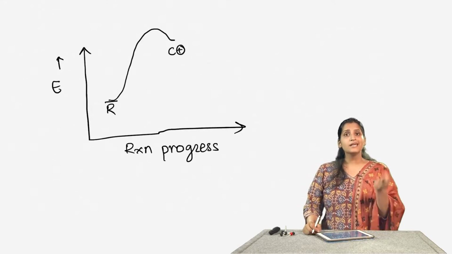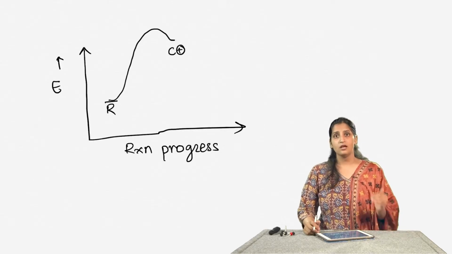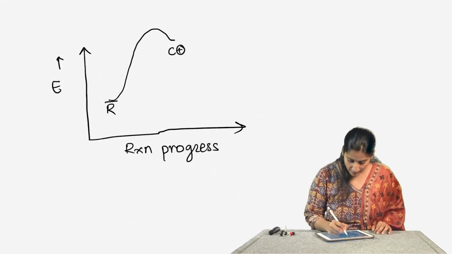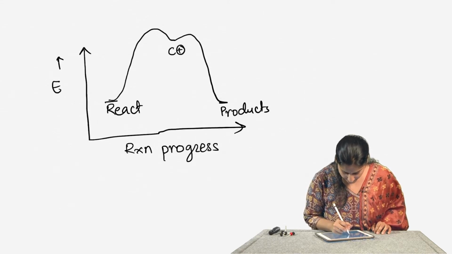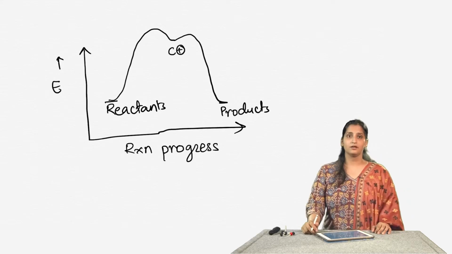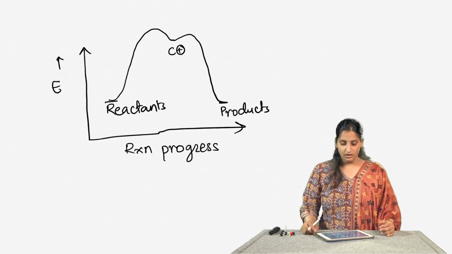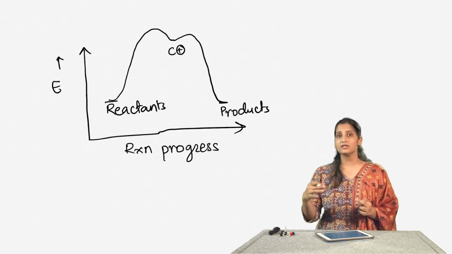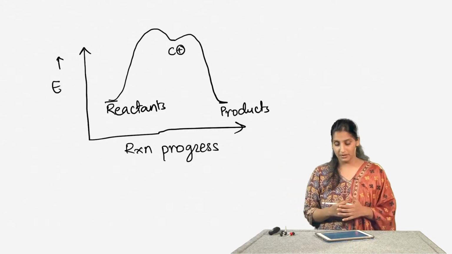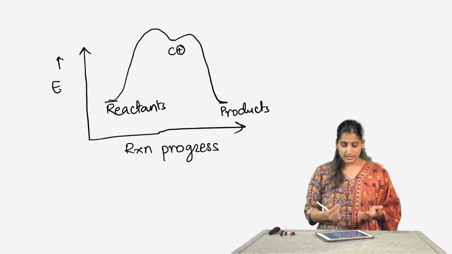Now, this carbocation reacts with the bromide ion to give you a stable product, which is alkyl bromide, which is neutral. So, what we are going to do next is we are going to have an addition of bromide such that it attacks here to form the product. Okay. So, what we have done is we have drawn the energy profile diagram of the system. Now, as you can see, as the reactants are getting converted to the products, there are a lot more energy changes happening than just directly going from reactants to products. First, the reactants are going to a really high energy state, and this energy state here